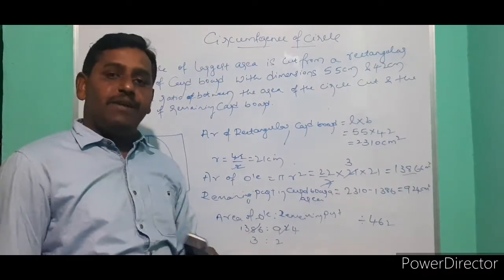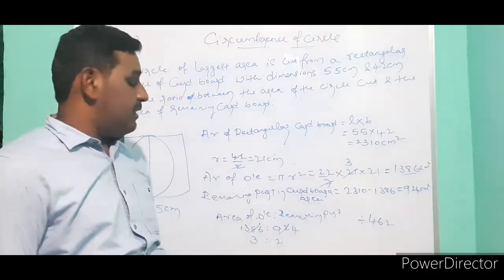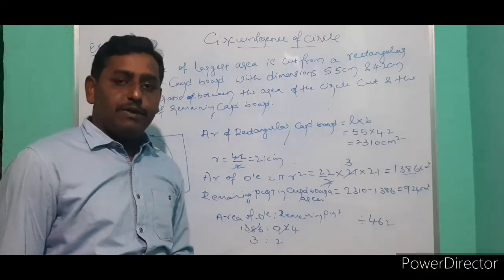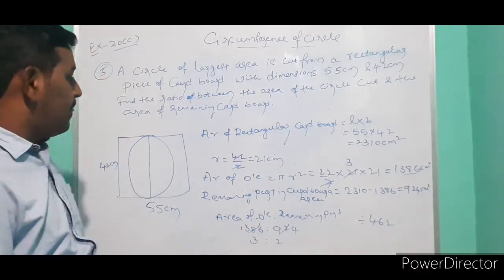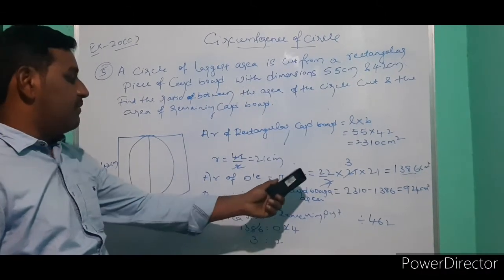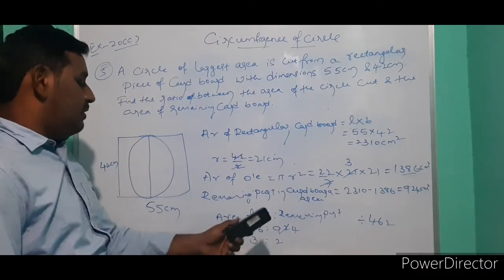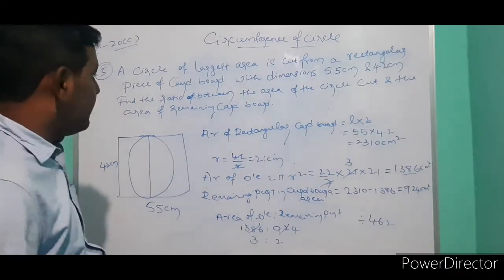If you are not taking a big number, then by smaller numbers only you can cancel, simplify and get the simplest form of the ratio. So the cardboard is there. After cutting that circle, you can find the area of the remaining part. Then find the ratio between the area of the circle and the remaining part.